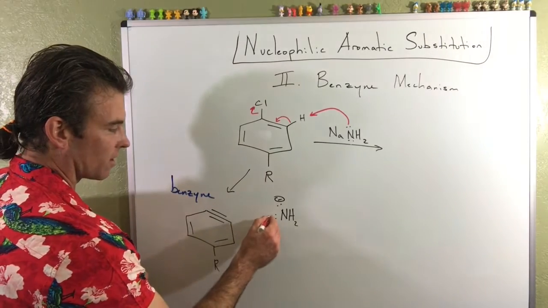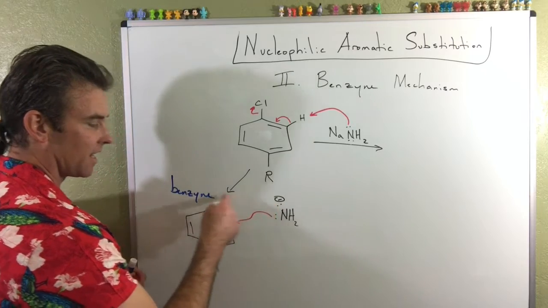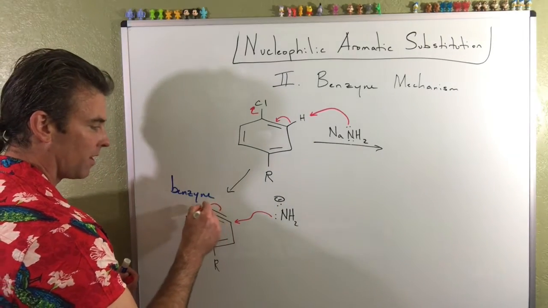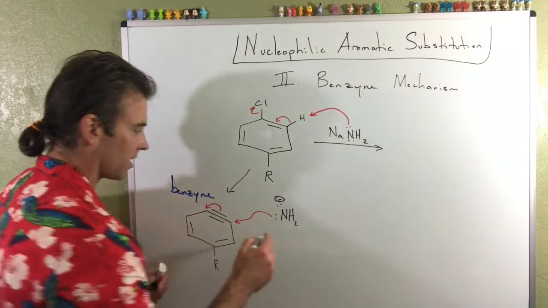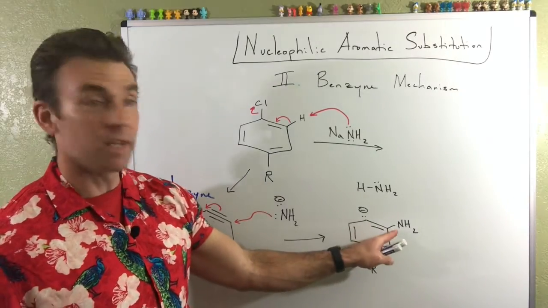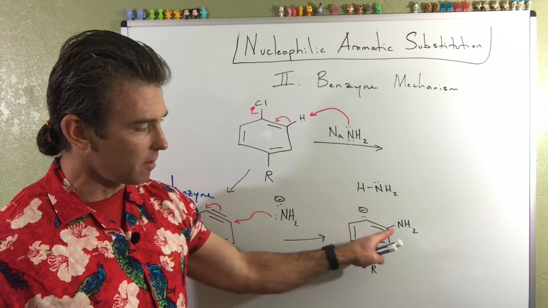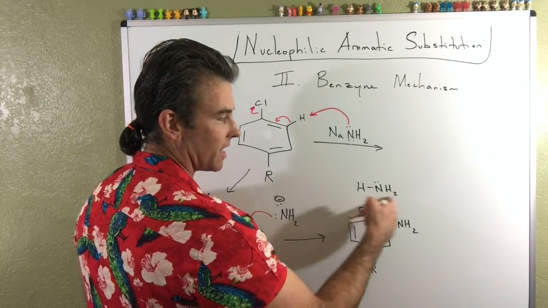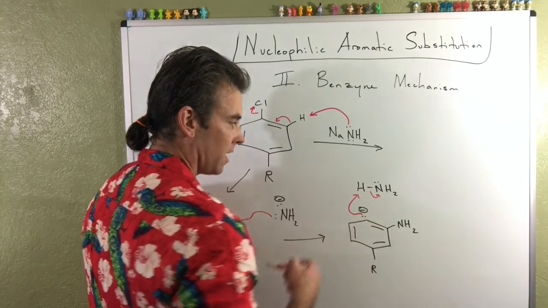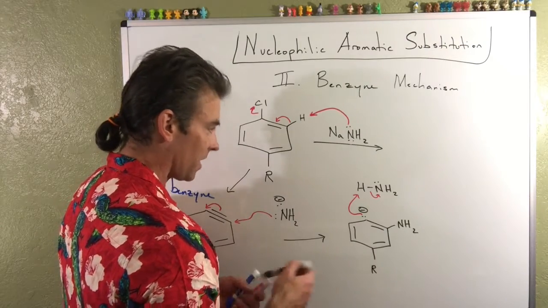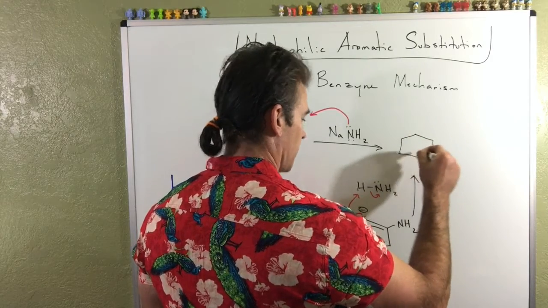And I am either going to take it and attack this position, or I could have taken it and attacked the other position. But when I do that, I'll just kind of choose one pathway here, and then I'll write the other product that would result. Okay, and so we can see that the introduction of that NH2 group, which is pretty much like the meta position here, and I'm going to take some of this ammonia that I formed in the first step, and I'm going to reform my reagent there, and what I end up with is one of the two products that I would observe,